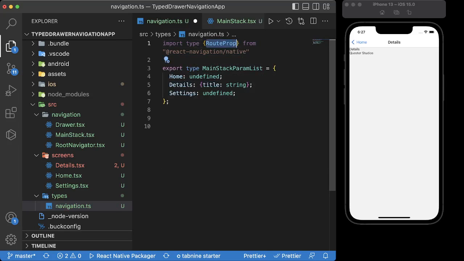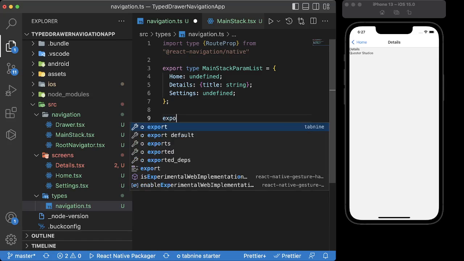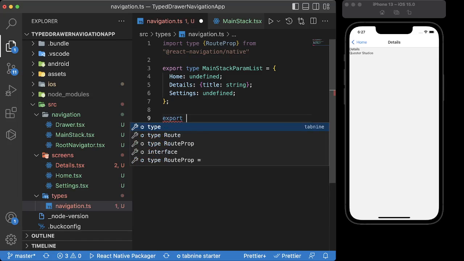Okay, so what we're gonna do now, we gonna export type